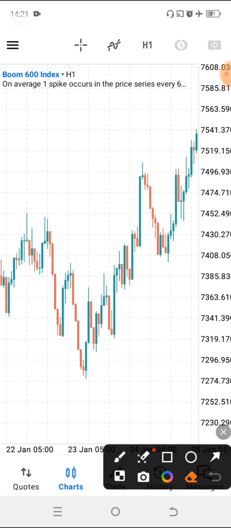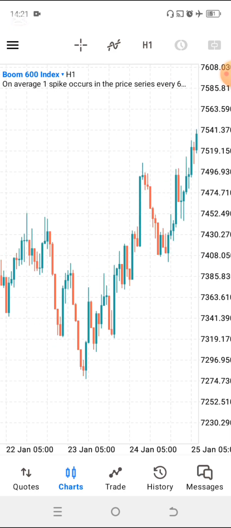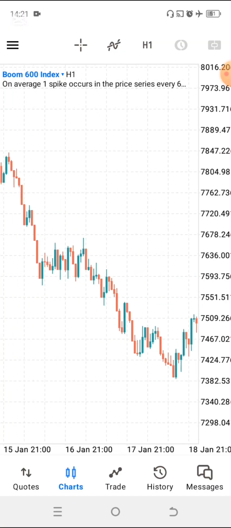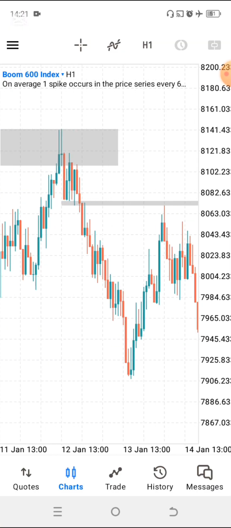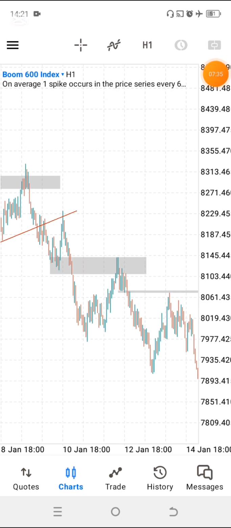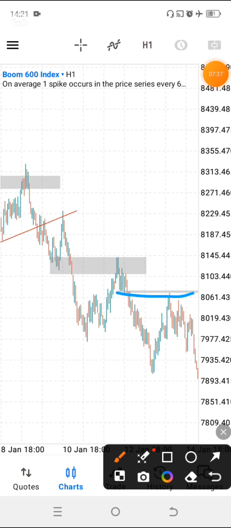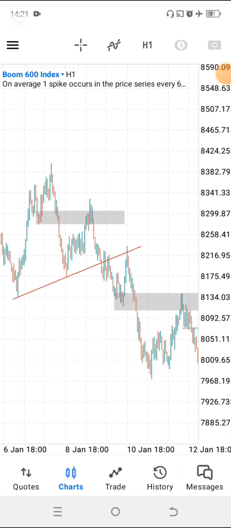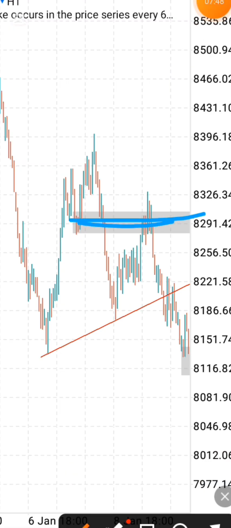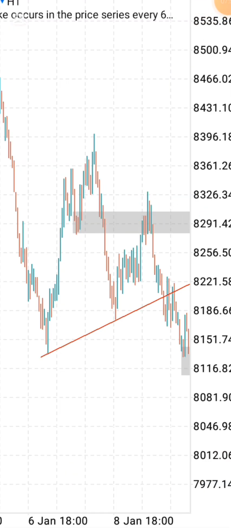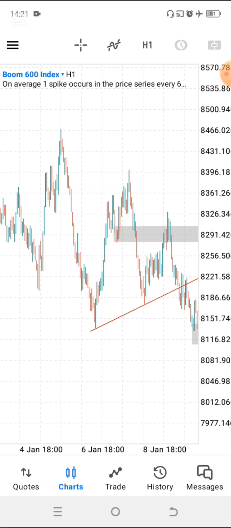So this is one strategy that you can utilize when you're using price action. It's very, very sweet. And I've got a few examples over here, like this one, where we've got a zone flip tested over here, another zone flip over here. This one was like a zone flip over here, but it's not really a zone flip. It's something like an order block. I'll share more of that later. That's it on support and resistance.